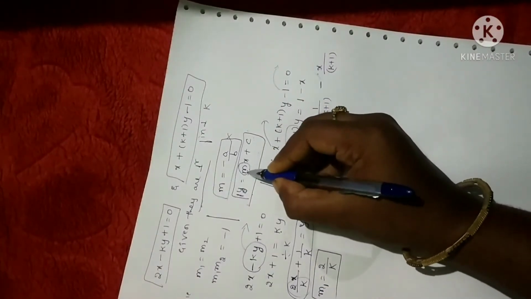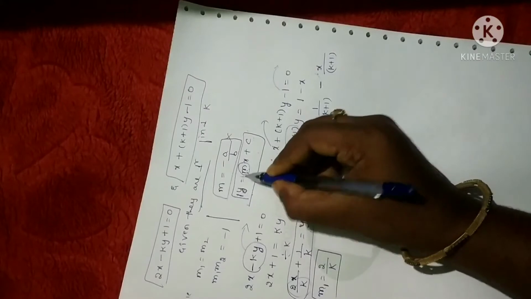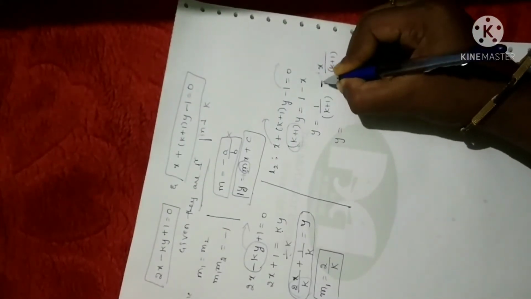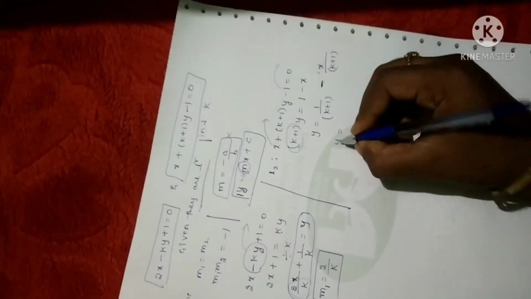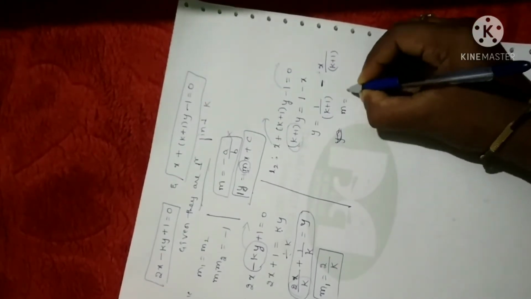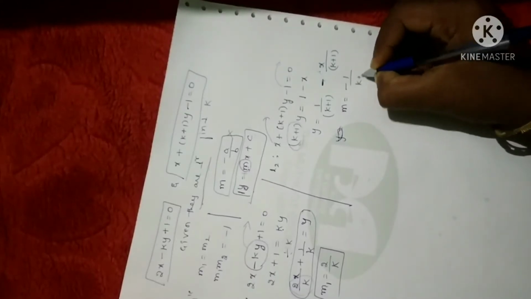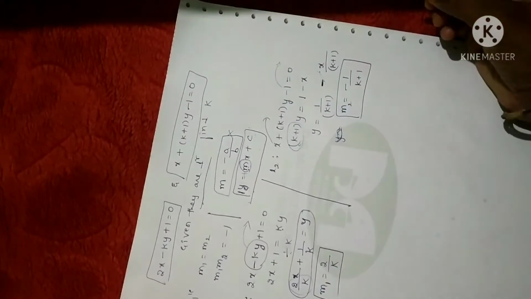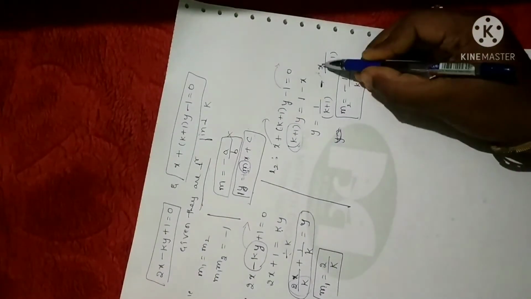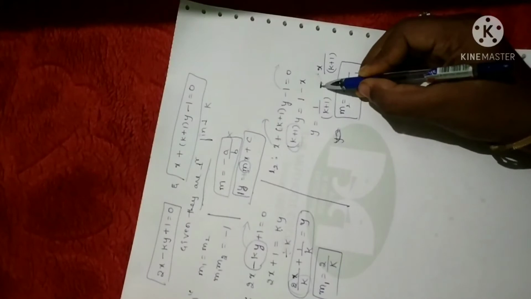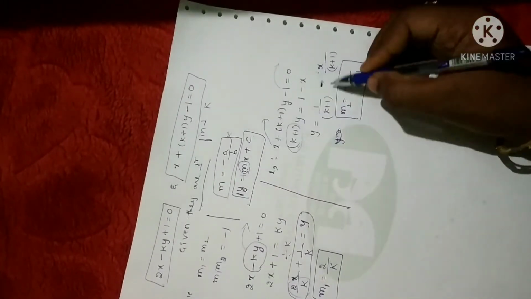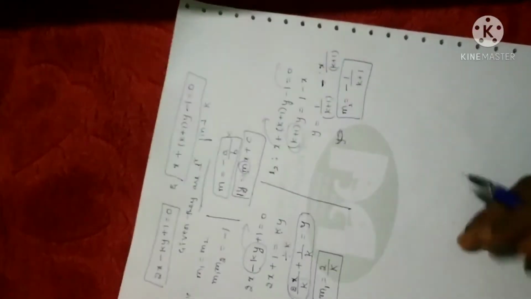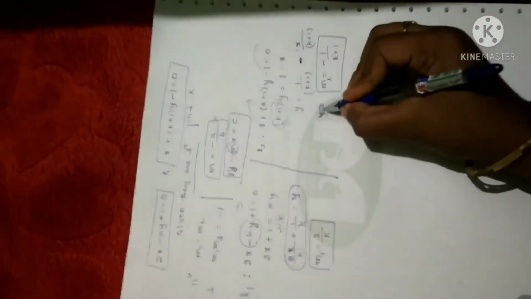Look here, in the form y is equal to mx plus c the coefficient of x is m, but here you have a negative. So you may make a mistake here. You have to consider it along with the sign. Please remember, the value of m will be minus 1 divided by (k plus 1). Since it is the slope of line L2, let me take this as m2. Hope it is clear.